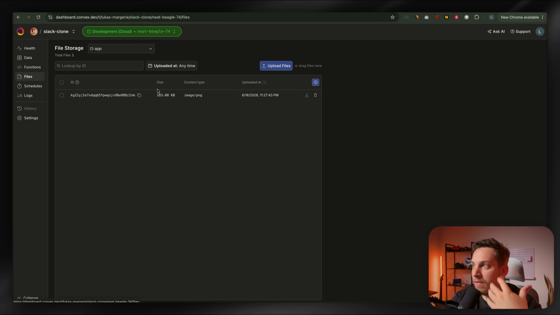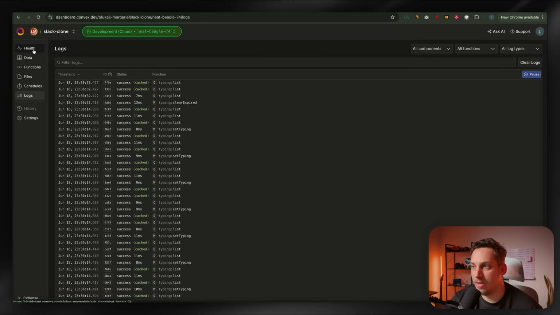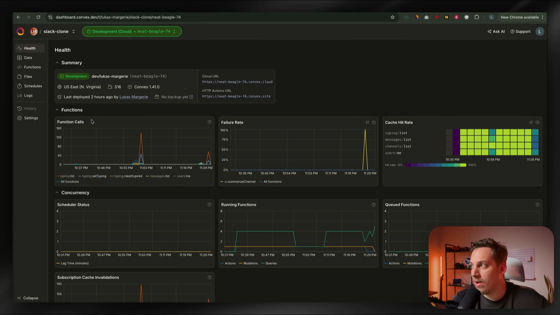We also have our different files. So this was the image that we just uploaded in that last message. We have our schedules, we have our logs. We basically have everything here, honestly. But again, you can edit all of this without having to even go into this dashboard because we have